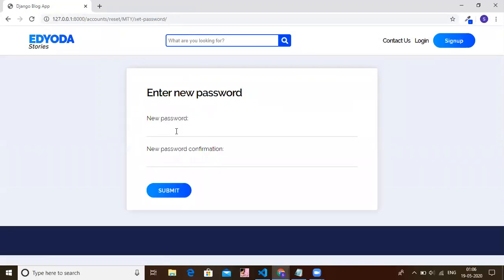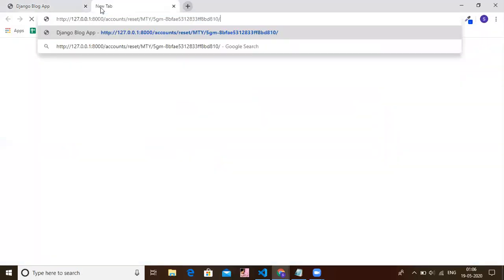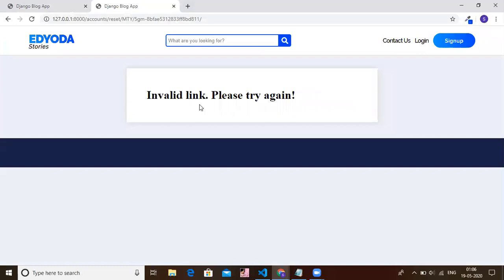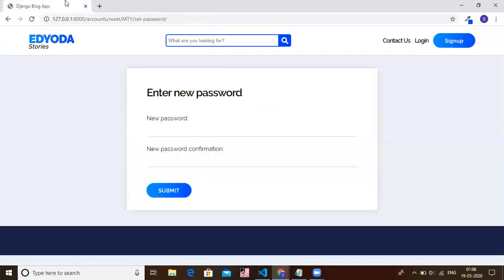Okay, so this is where they can now update their password. Now this page will not work if, let's say, they try to enter an invalid URL. So if I make any changes to this URL, let's say I change it to this, and if I hit enter, it will say invalid link, please try again. So with the valid link it was working.